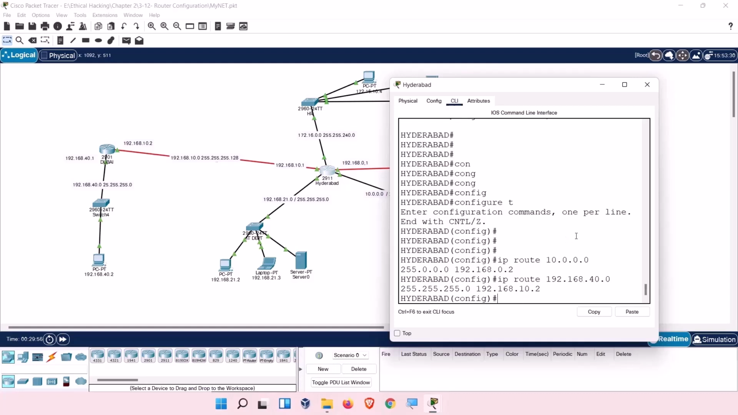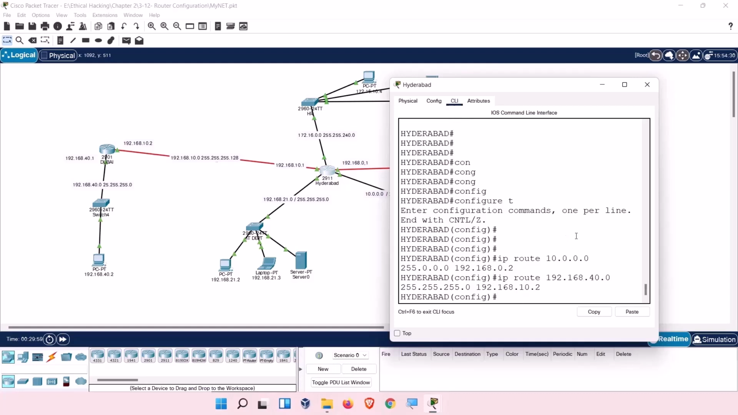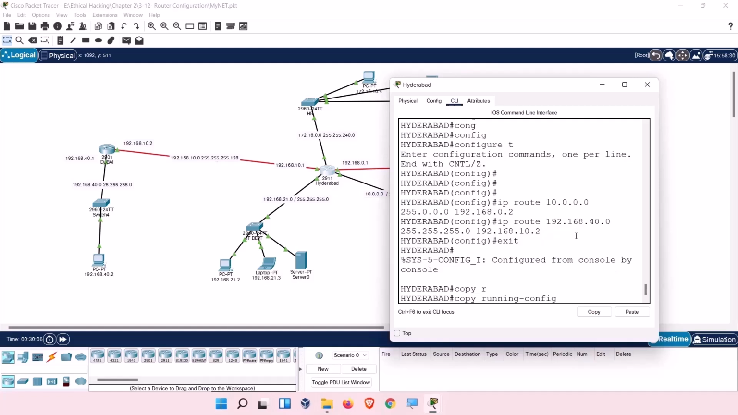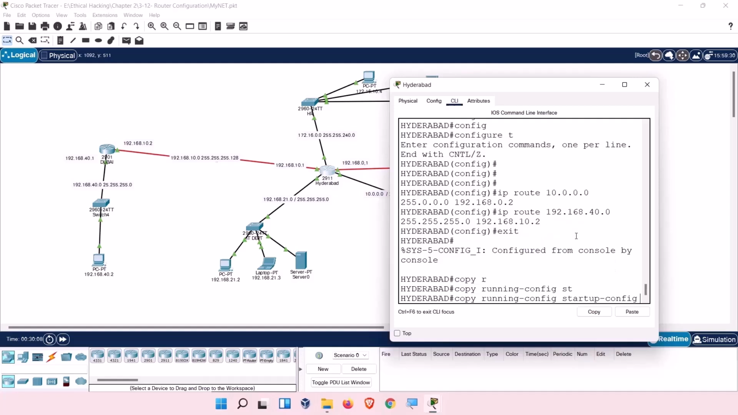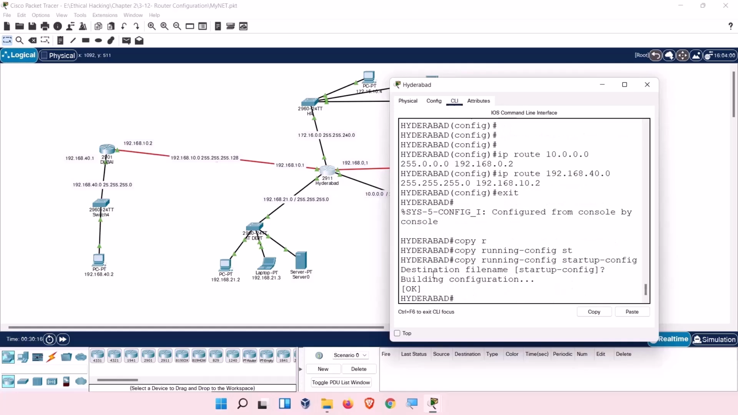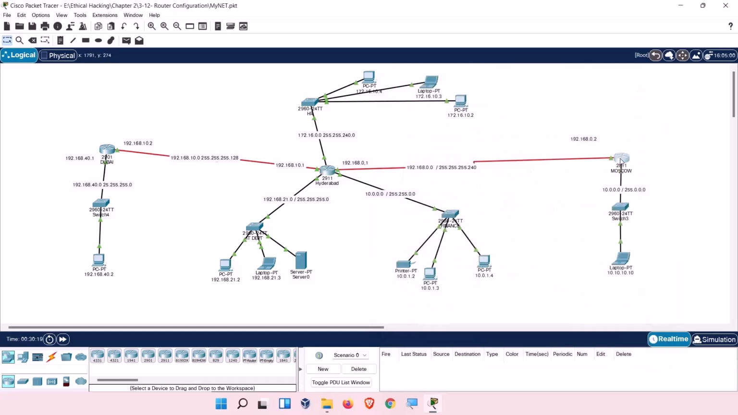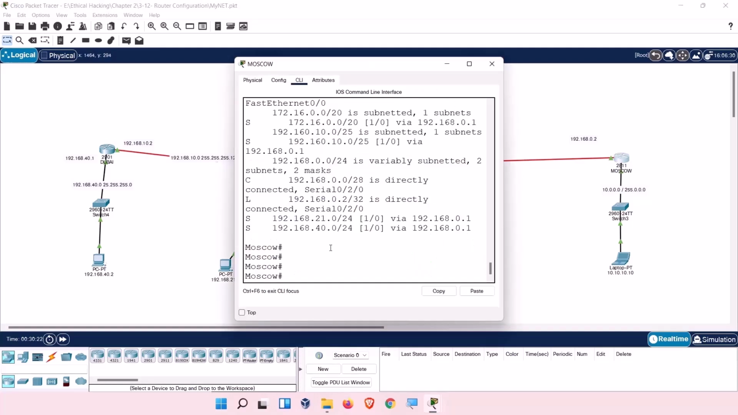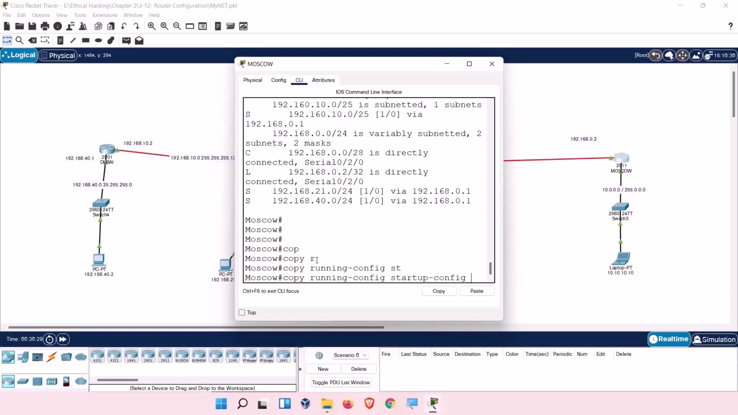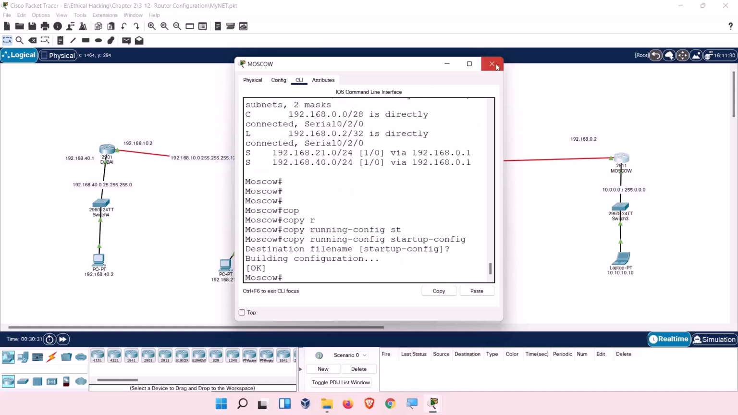So if I close this, we have to exit, and here you have to type the command copy running configuration startup configuration in order to save the configuration we have done. So destination file, just hit enter. So building configuration, okay, and in here also we have to save the configuration on this router as well. Copy running config startup config, that's it,